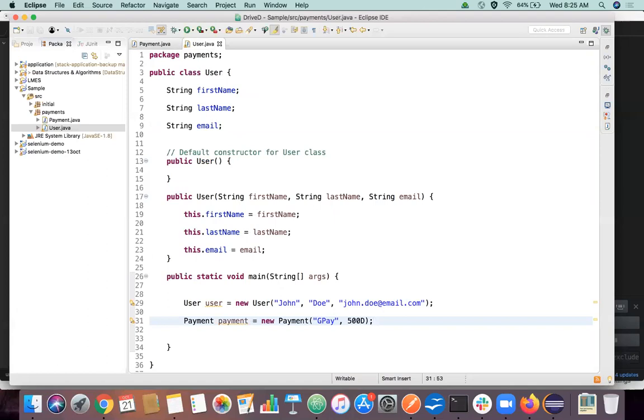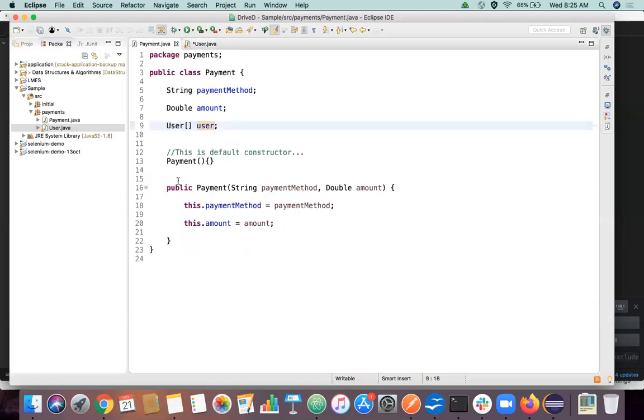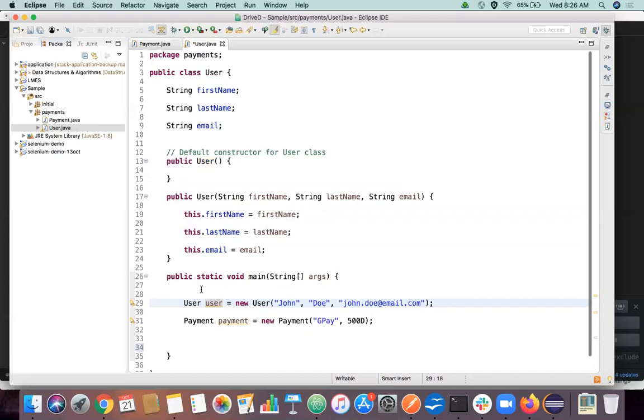So now what I'm going to do, I just wanted to pass this particular user inside this argument itself, inside the payment argument itself. So now what I have to do, can anyone say? What changes do I have to make here to accommodate that? Someone can unmute and say. I just wanted to pass this user object creator inside this argument itself.